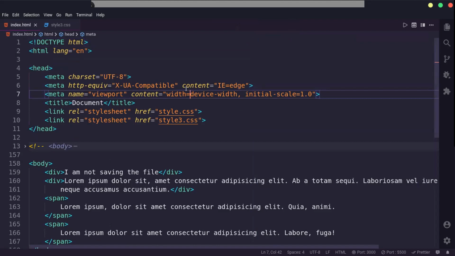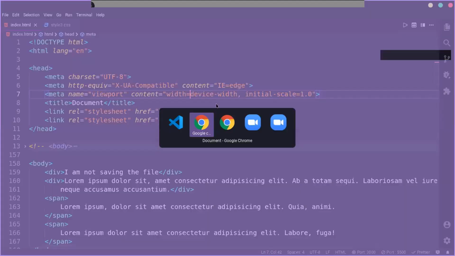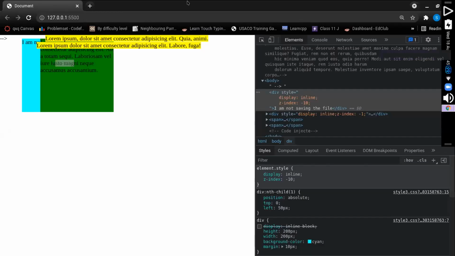Believe me, I've run into several while using EM and REM because it's a bit complicated at times. So either you could do that or you could visit Kevin Powell's channel and check out the difference between the various units like EM and PX and all of those. I guess that's pretty much it for today.